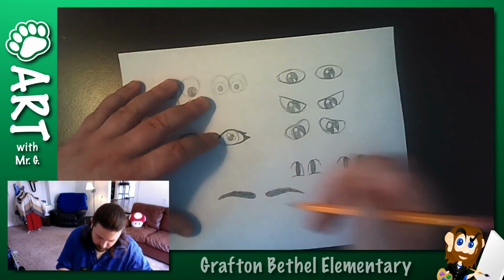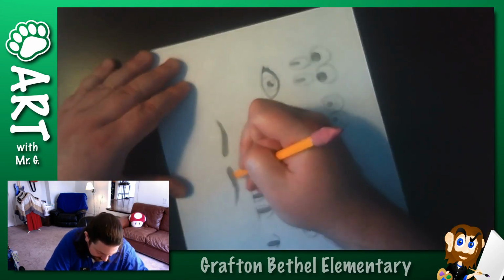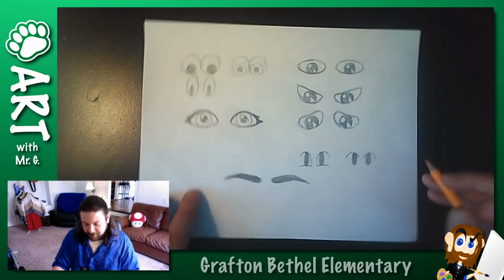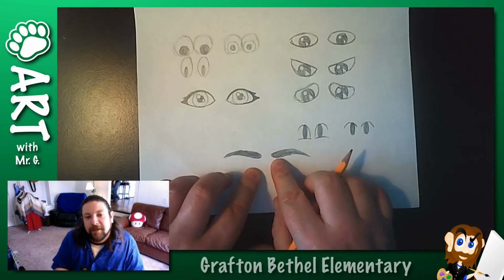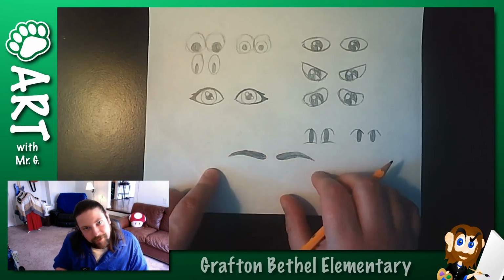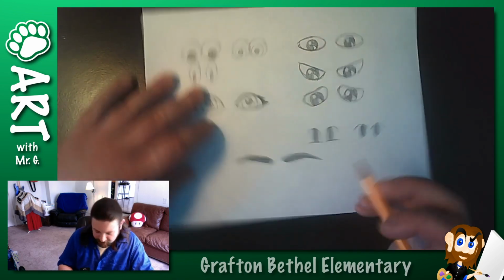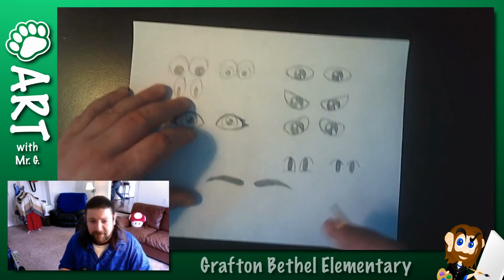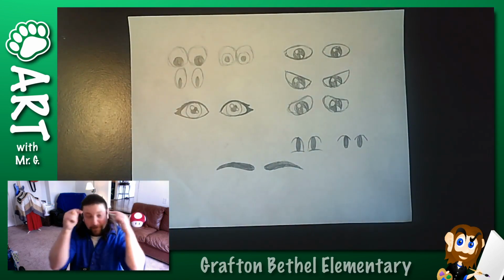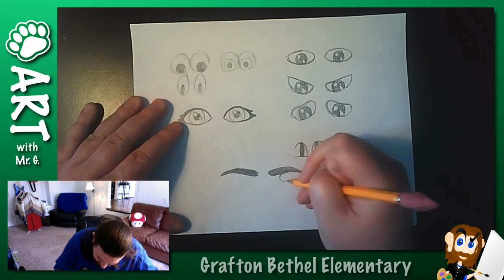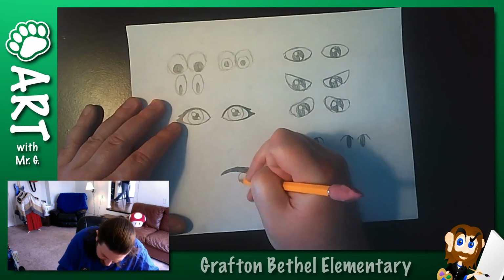And again, if you're doing a cartoon, eyebrows can be whatever you want them to be. But in general, they tend to be kind of rounder toward the middle where the nose is and kind of pointier toward the outside near the ears. But that's just if you're trying to do something based in reality. A lot of cartoons won't have eyebrows at all, or they'll only have eyebrows when they need them for expression. So let's see, maybe I could do something like this,